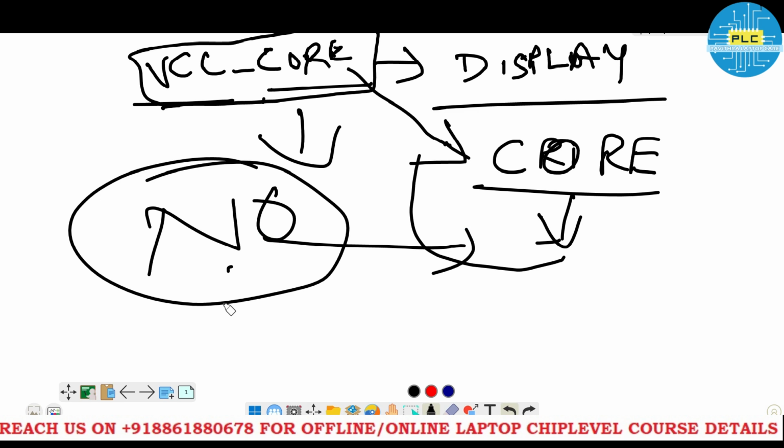The VCC underscore core is only for operating the core sections. The supply is required to operate the core sections. Clear? Now second,